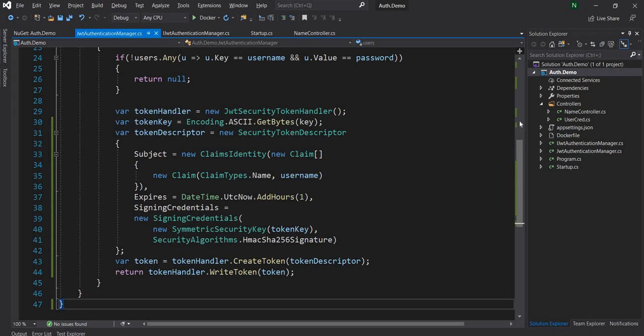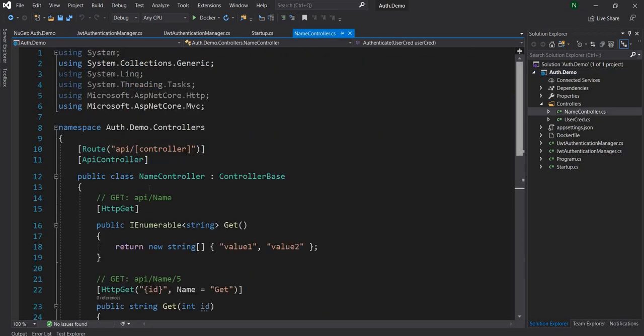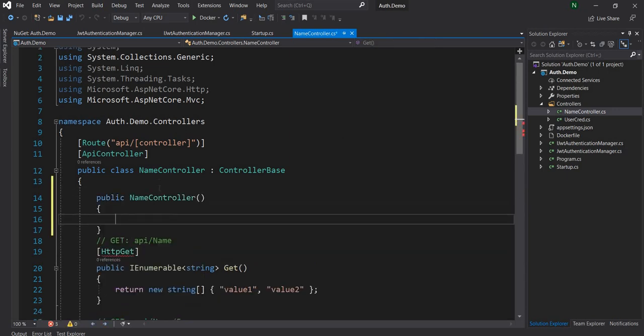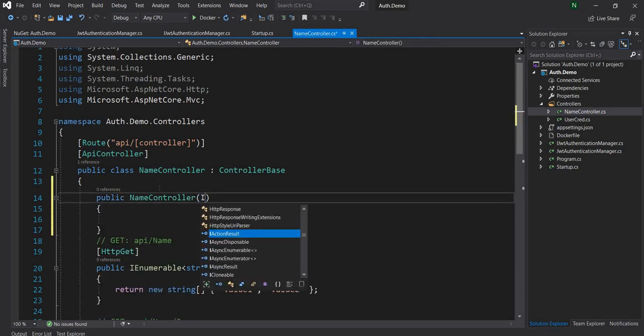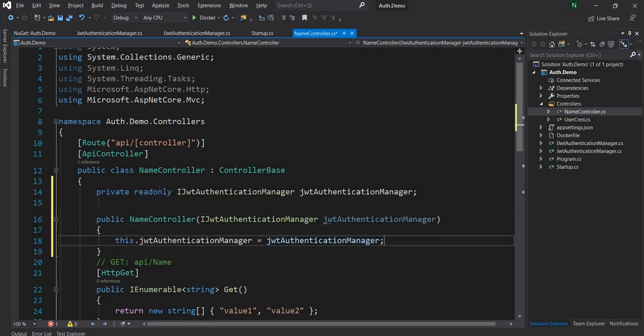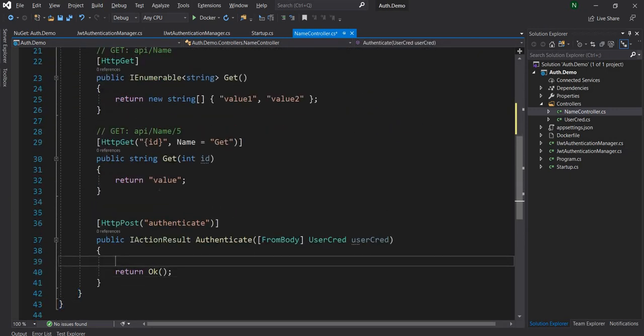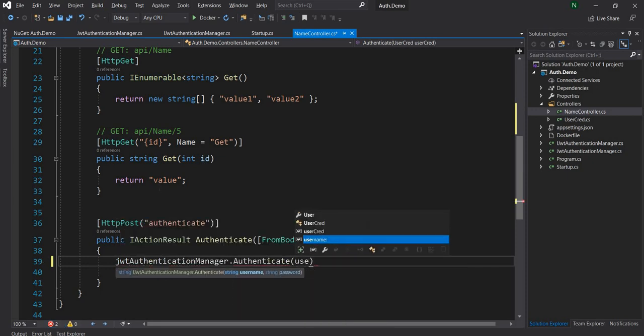So now once this is created, the next thing for us to do is go to the name controller and create a constructor, and in the constructor expect the JWT Authentication Manager, and then use this JWT Authentication Manager in the authenticate method, and now use the user cred dot username and user cred dot